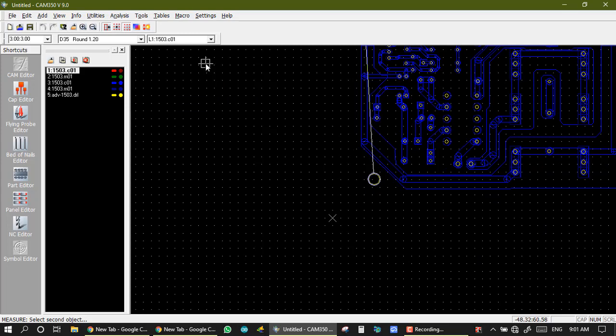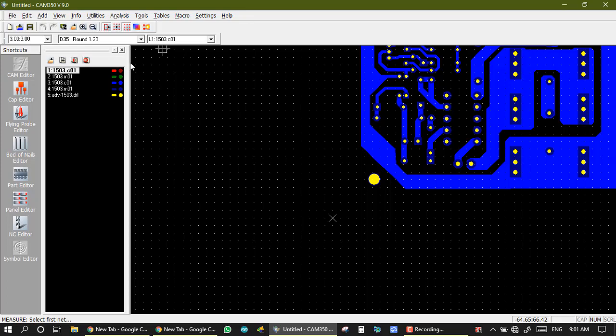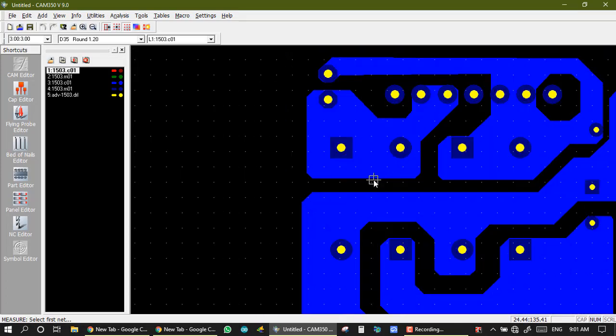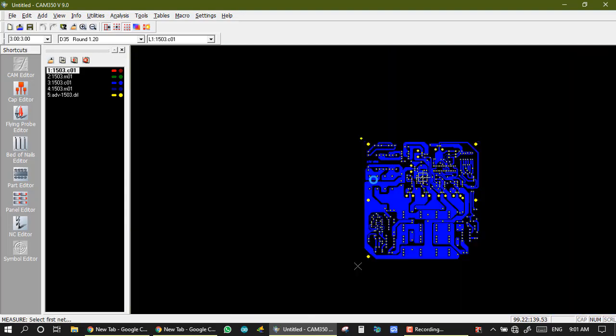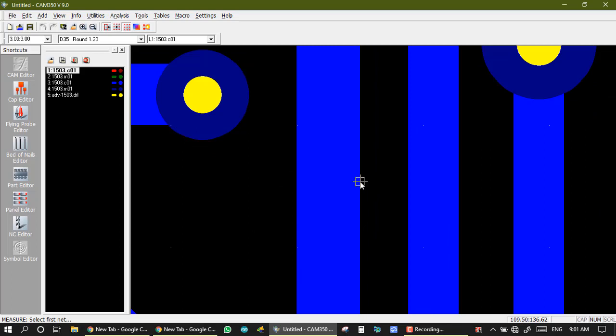And we have a third option in measurement, which is net to net. Sometimes we want the distance between two nets like this. Here we have two nets, this and this. This is my first net and this is the second net.